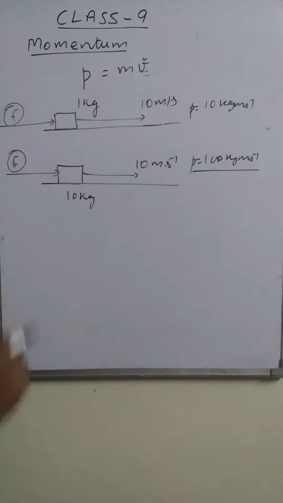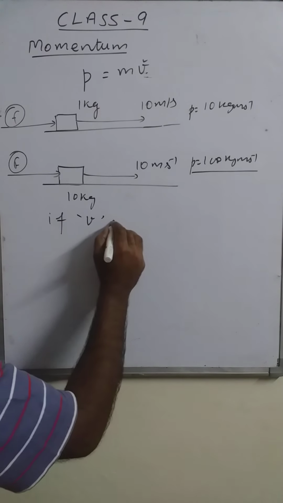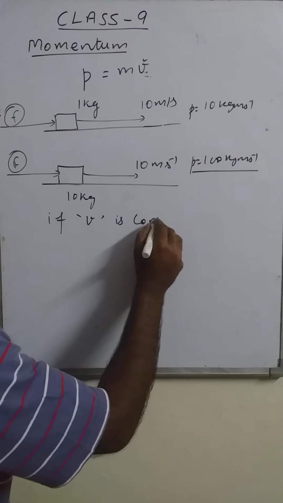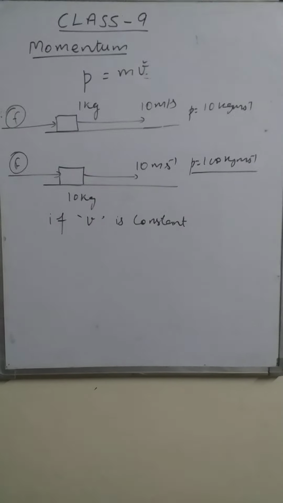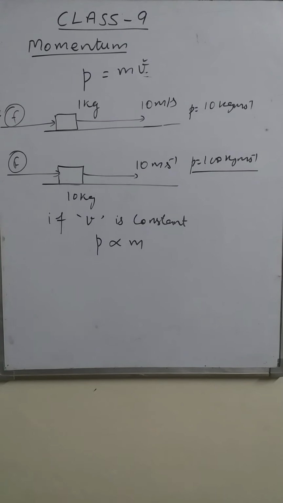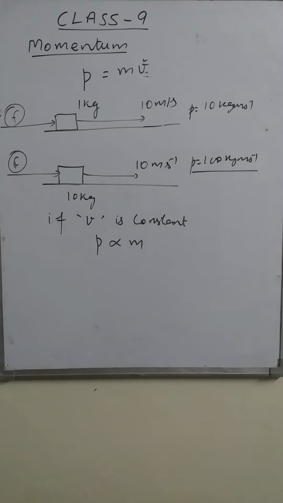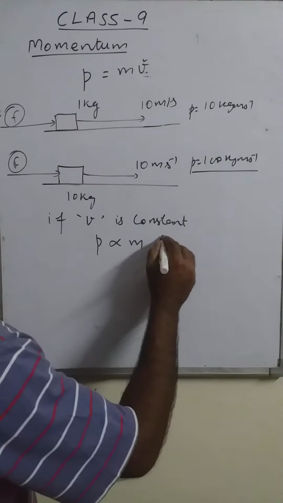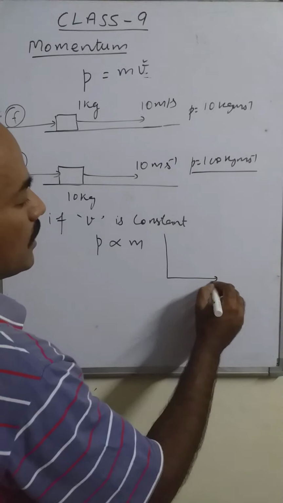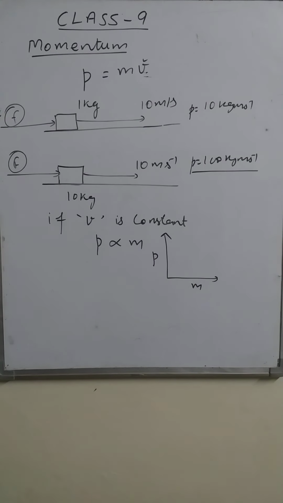So mathematically, if the velocity is constant, the same for two different objects, then momentum is directly proportional to mass. If we increase the mass, the momentum also increases. So they are directly proportional for constant velocity. Graphically, it can be represented like this. If mass increases, then the momentum also increases. For example, if we say a cyclist bike